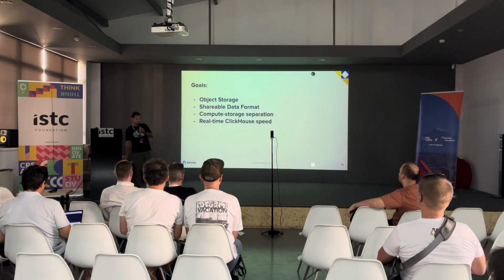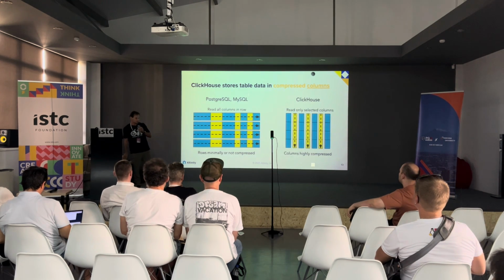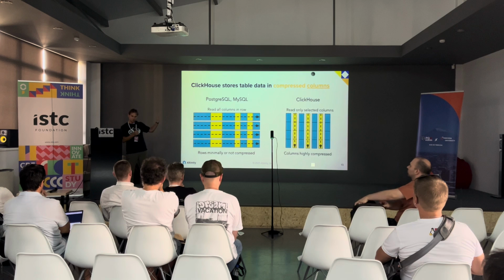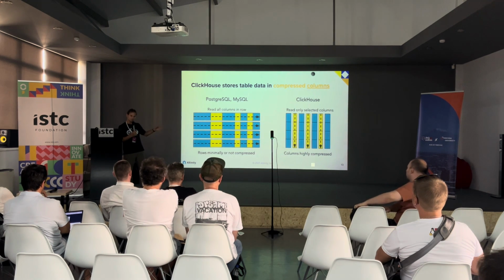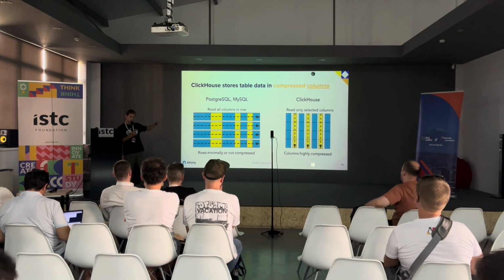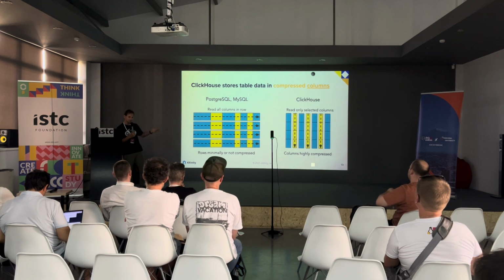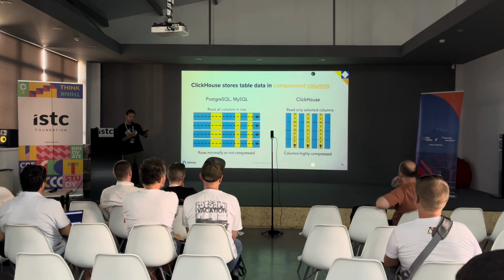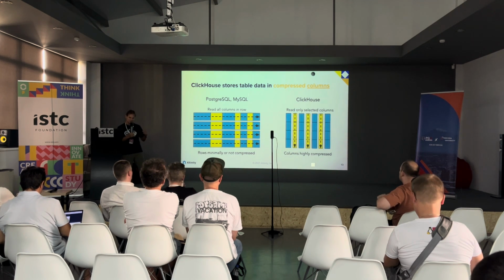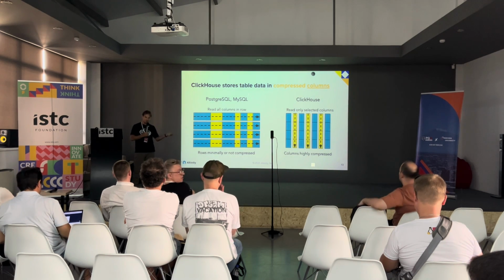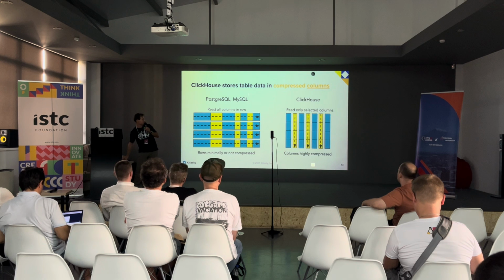How to solve this problem? It's not trivial. Let's look into MergeTree. MergeTree is a table engine inside ClickHouse which stores data in columns. In Postgres or MySQL, we typically store in rows. ClickHouse stores the data in columns, which makes it very efficient for queries that only pick up several columns from the table, and it also helps to compress data quite efficiently. We have people who migrated from Postgres to ClickHouse with a 100 times cost reduction on storage, because data is compressed 100 times thanks to columnar storage.